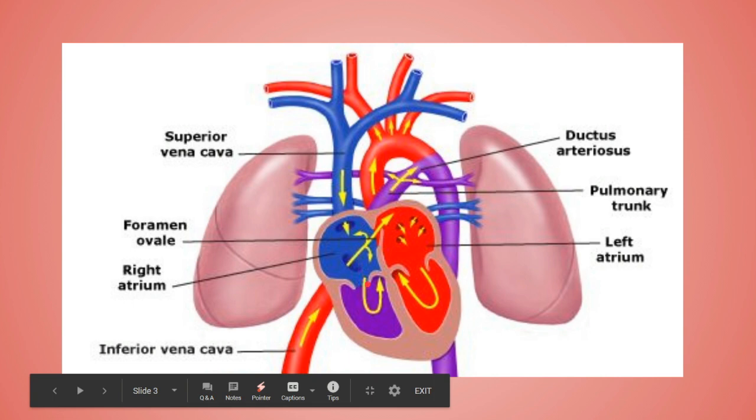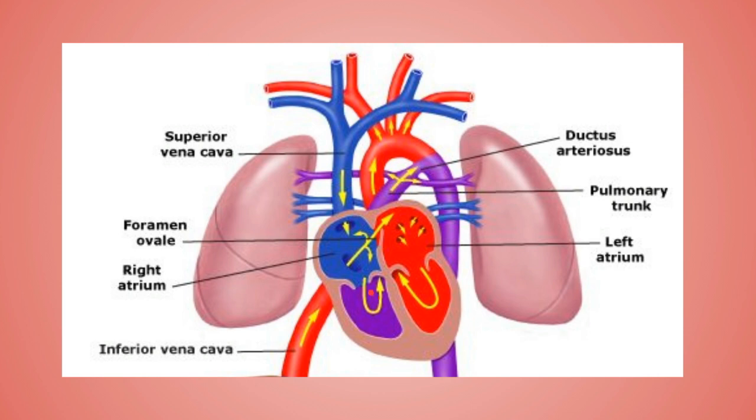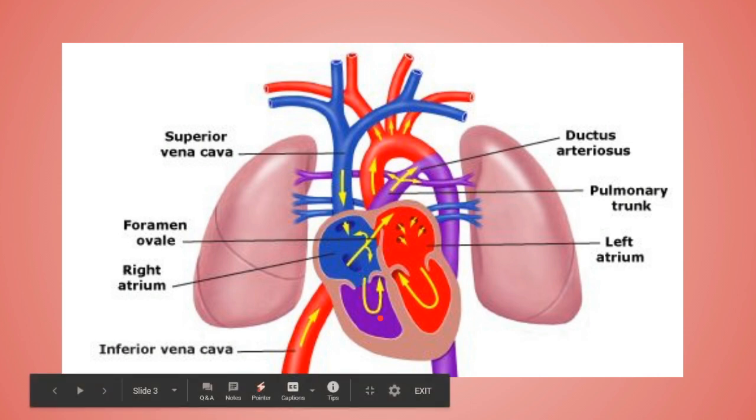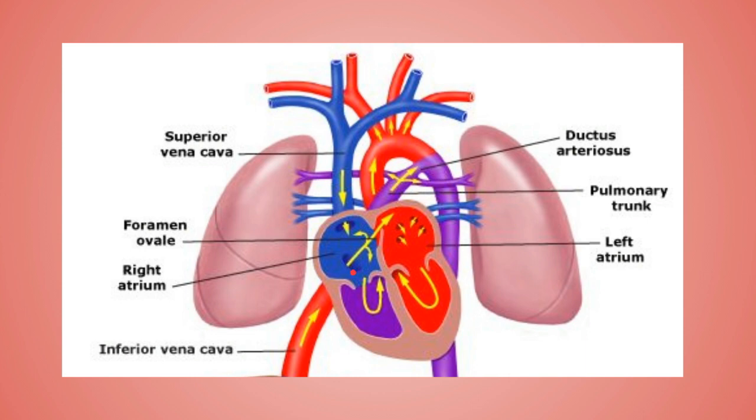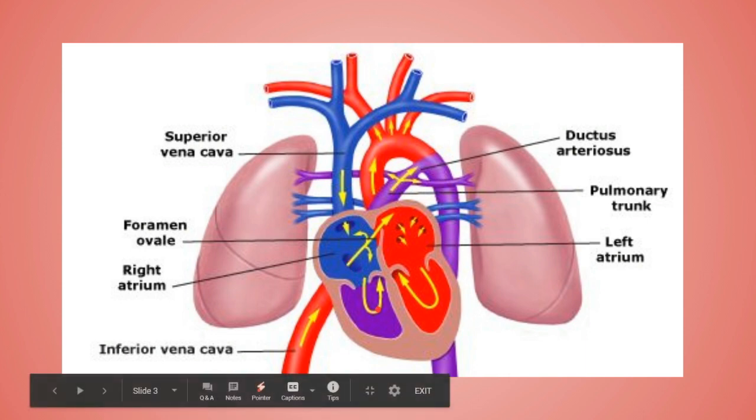Now what happens to the blood which entered into this right ventricle from the right atrium? Now over here, remember, this blood which entered inside the right ventricle is not as pure as the blood which entered inside the left atrium. Now why am I saying this? Because this blood which entered inside the right ventricle from the right atrium is now mixed with the impure blood coming from the superior vena cava. Yes, whatever blood enters from the right atrium to the right ventricle now gets mixed with the impure blood coming from the superior vena cava. So this blood present in the right ventricle is not as pure as the blood which was in the left atrium.